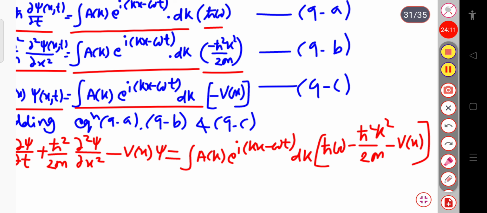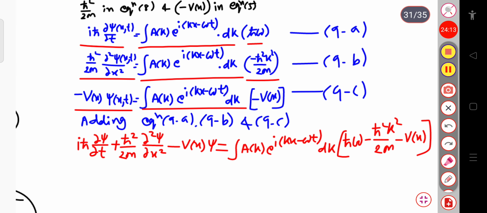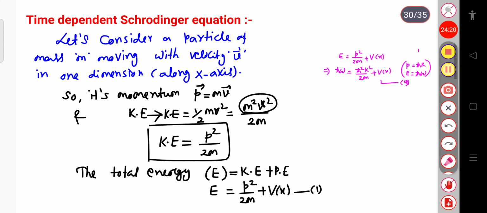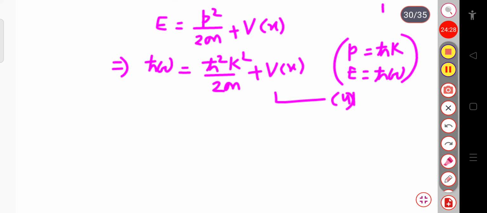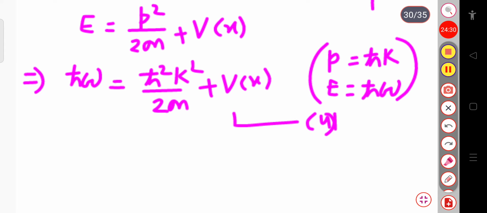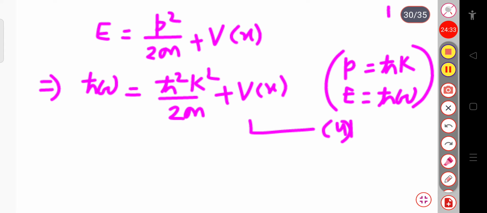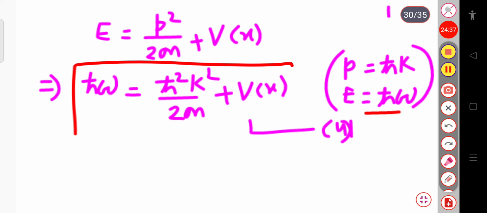Now you can see, we have simply added the 9a, 9b, 9c terms. Is that clear? But previously, when we calculated the total energy, that is p square by 2m plus V of x, and substituted the de Broglie relation and the Einstein relation, p equal to h cut k and E equal to h cut omega, we calculated this term: h cut omega equal to h cut square k square by 2m plus V of x, or this can be written as